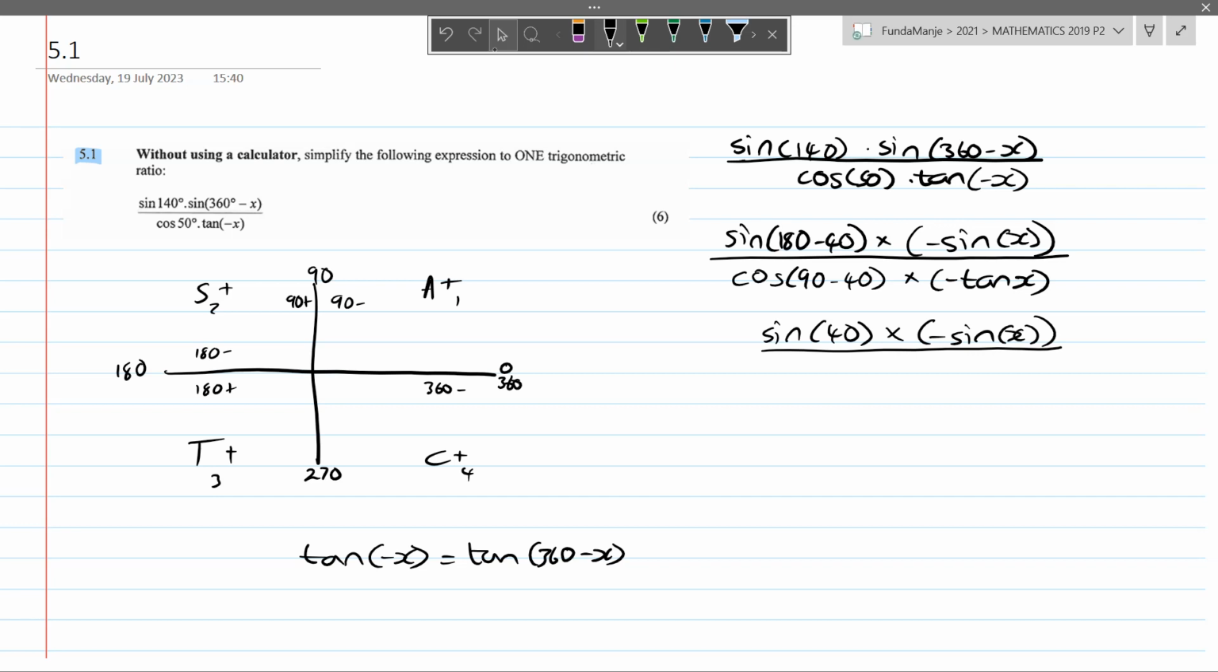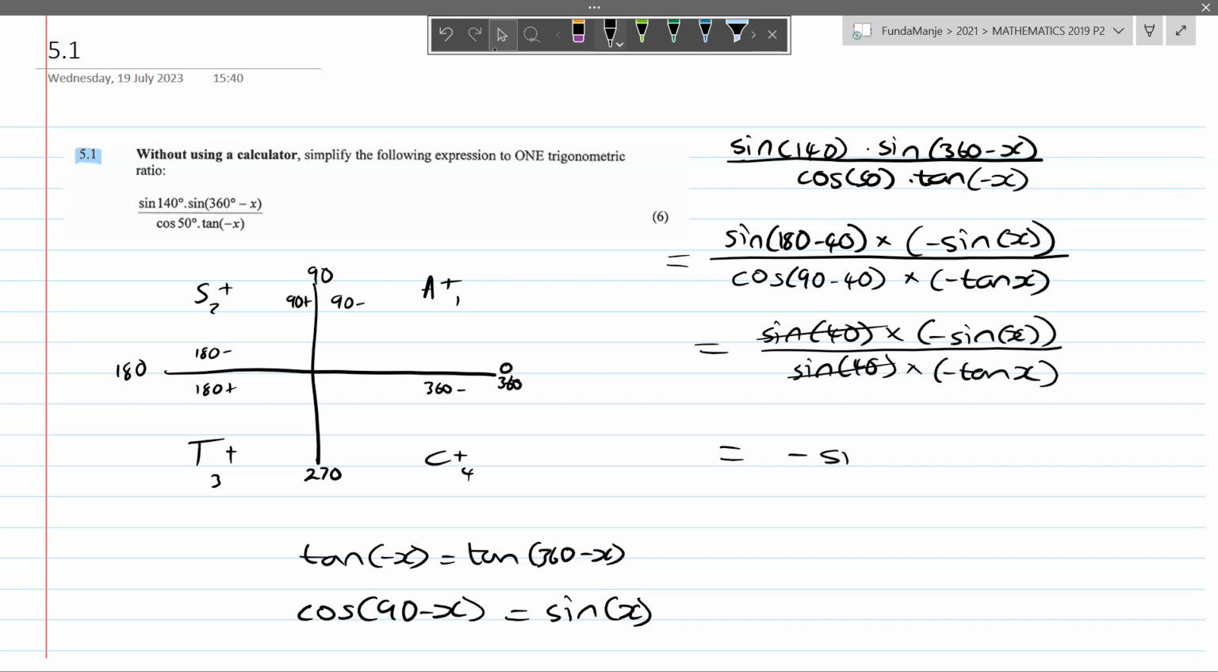all over sine 40. This sine 40 I'm getting from the cofunction rule, which states that cos (90 minus an angle) is equal to sine of that angle. So here I have a sine 40 at the bottom as well, and then multiplied by the negative tan x. Then sine 40 cancels sine 40, and then I'm left with